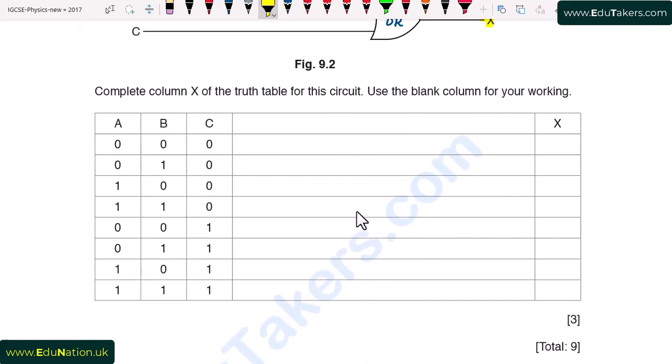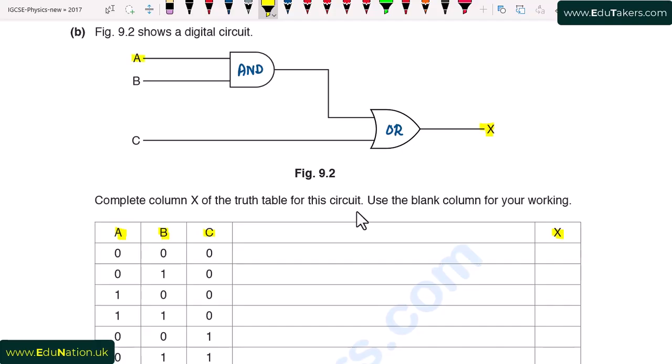So first of all, here we can see that input A and B, C. All these inputs are given and we have to complete this truth table and write out the final output X. So first of all, I can see here input A and B are connected by AND gate. So first of all, A dot B, that is the output of AND gate. I calculate this and then I take the output this one and input C and apply OR gate over it.